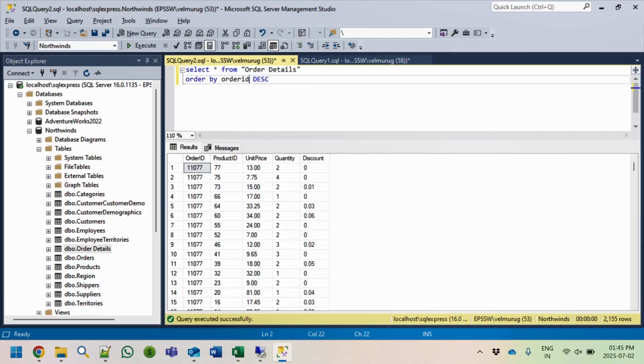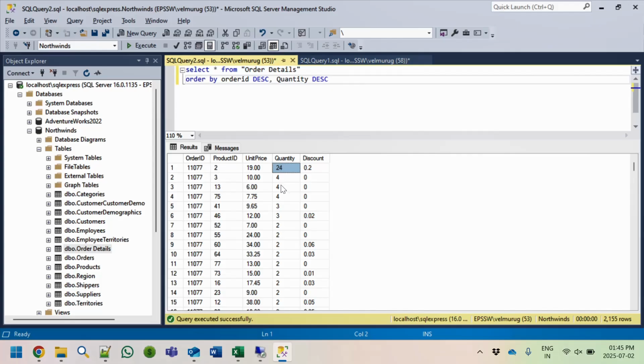And here if you want to include multiple columns in the order by, okay, fine. I want the order ID in descending, but product ID in ascending, so the lower product number will be at the top, or otherwise, let's say the maximum quantities are at the top. In that case, order by order ID descending, I will put a comma and quantity also descending. That means max quantity should be displayed in the first entry. If you look here in 11077, 24 is the highest quantity for this product too, that is displayed